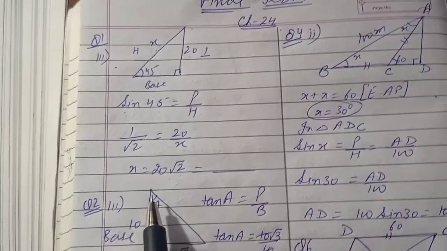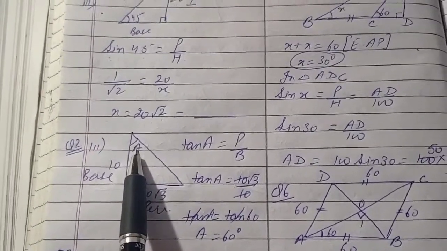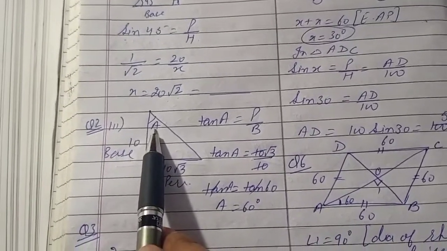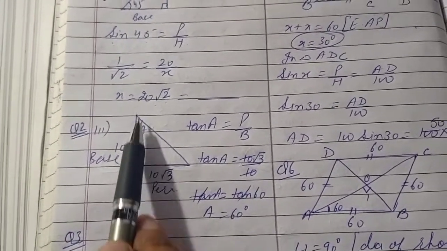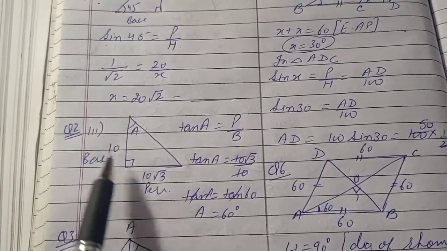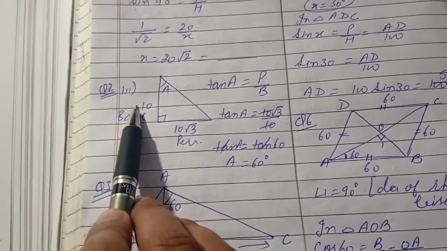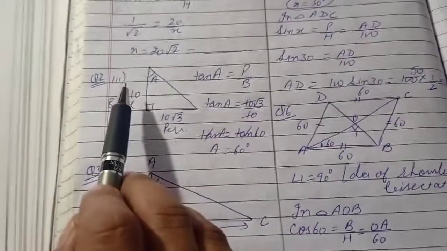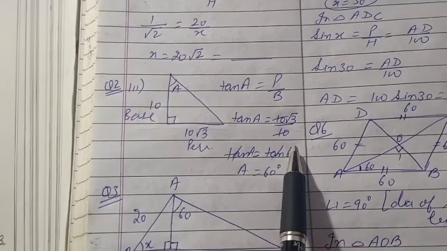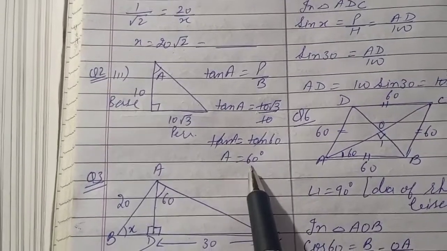answer. Second question, third part of this triangle is given to us, angle is mentioned over here. Same way we have to find the value of angle A. Now in this case we have to find the value of angle A. So this is the side on which two angles are formed. So this is base and this is perpendicular. What is the ratio of base and perpendicular? Always see what you have to find out and what is given to you. Make use of that ratio. So in this case tan A is equal to P over B. Put the value here and tan is equal to root 3. Tan is root 3 at 60 degree. So angle A is 60.